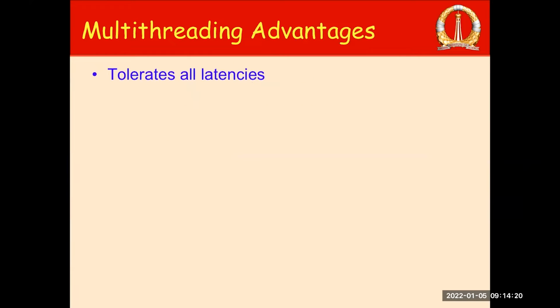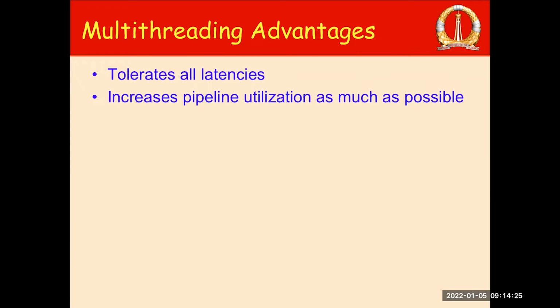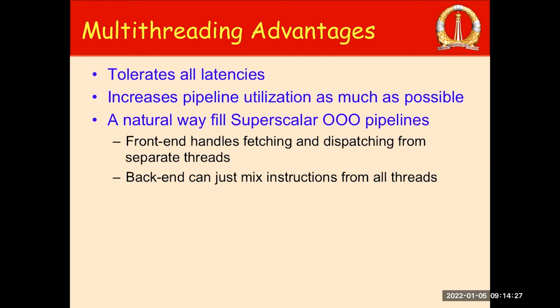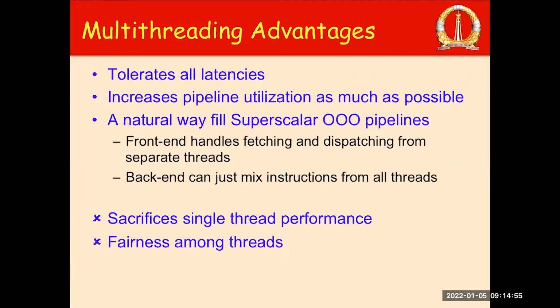Okay, again, to conclude, multi-threading has advantages in terms of tolerating latencies. It can increase the utilization of the pipeline by avoiding the stalls. It can also improve the extent of instruction level parallelism by packing instructions from different threads. But the downside of multi-threading is that it actually reduces the single thread performance. Single thread performance goes for a toss, right? And then in architectures such as coarse grain multi-threading, when you do a context switch, it can also introduce